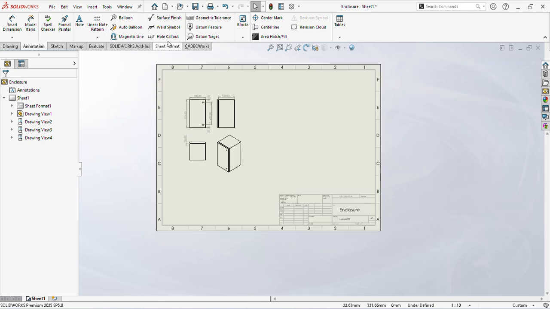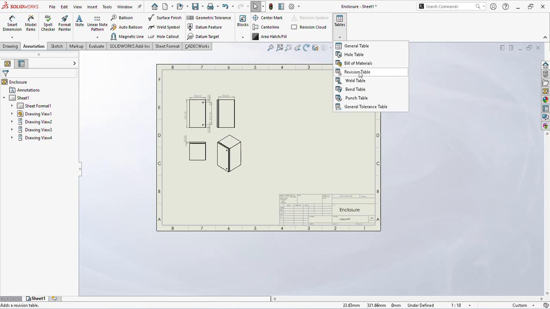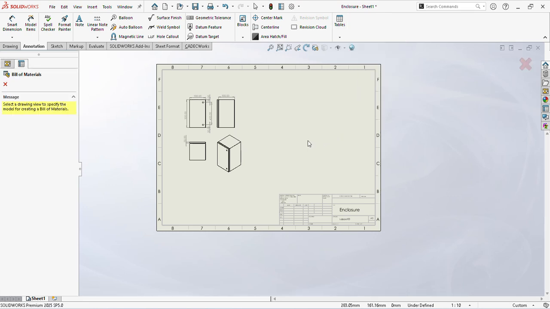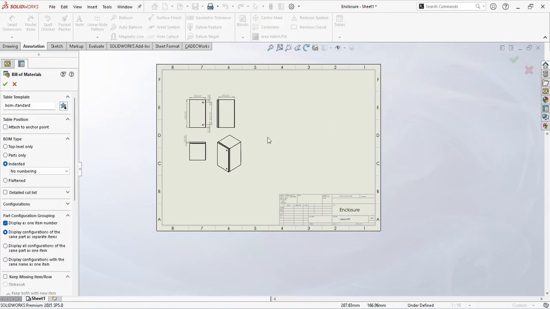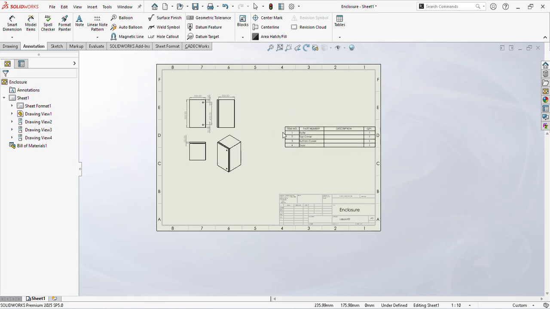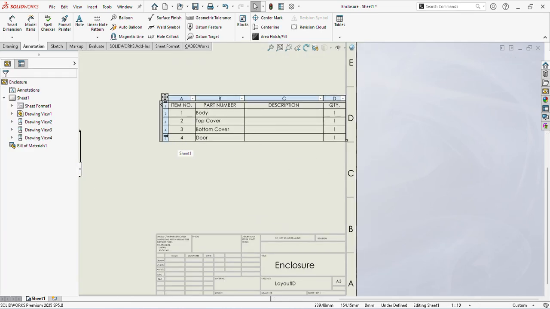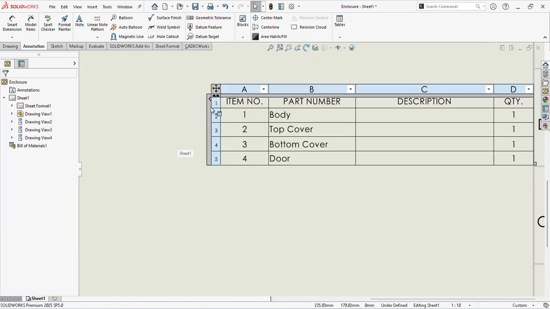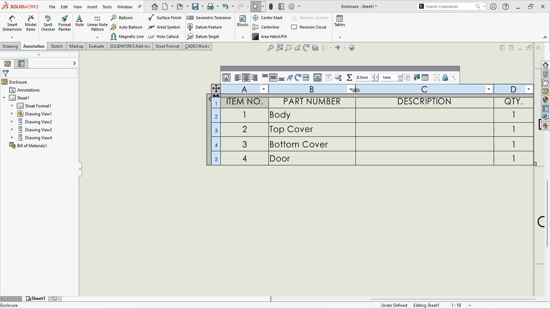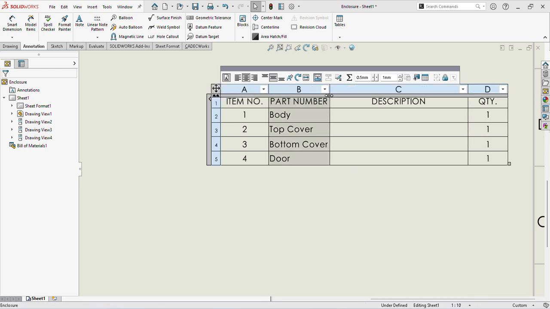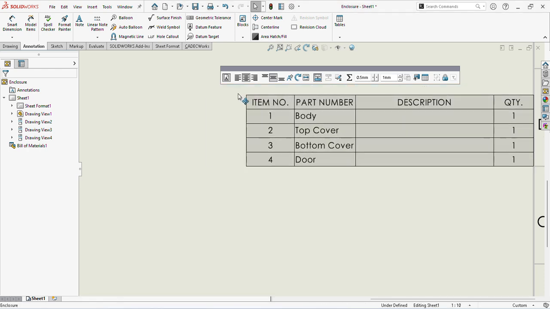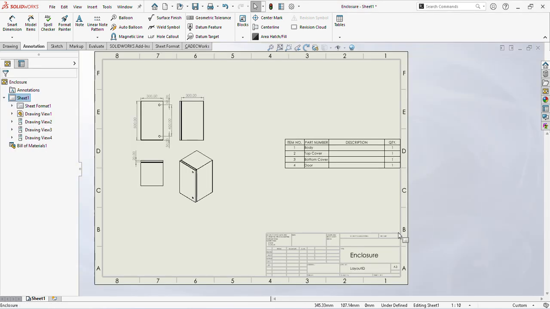I will add a bill of material table. Okay, so I will save this,